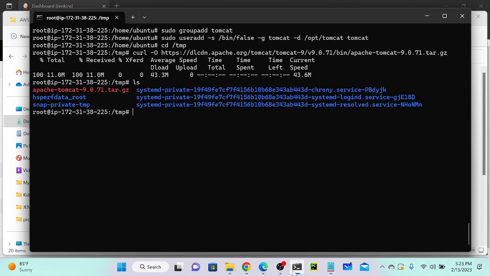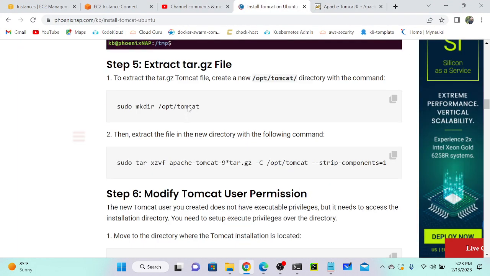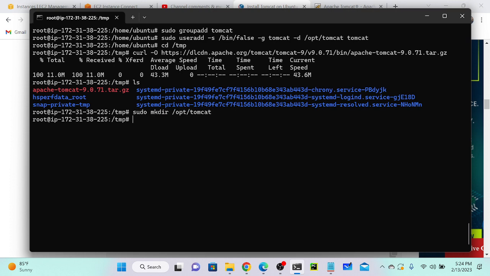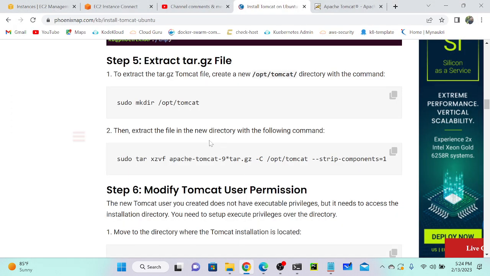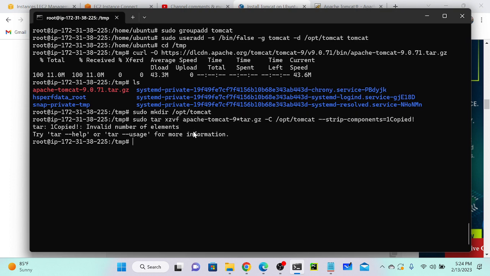Next command. So we have to extract that. I'll copy this, paste. Then I will extract that. For that we can use this command, right? Copy this command, then go to your virtual machine again and paste. Wait.